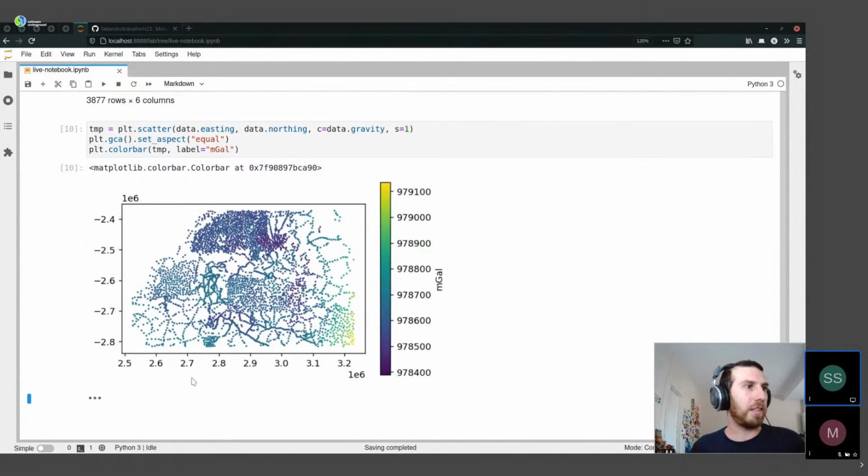Okay, I was all into the coding part, but I want to take the time now to think about what we are seeing right now. So this is the observed gravity. All the values are very close to this 979,000 milligal. And that's because we are actually seeing all the gravity signal of the Earth, which includes all the gravitational attraction of the Earth, and also the centrifugal component, the centrifugal acceleration, because the Earth is spinning around its